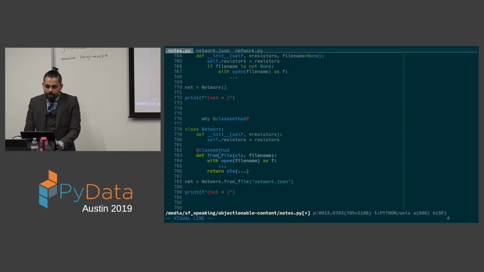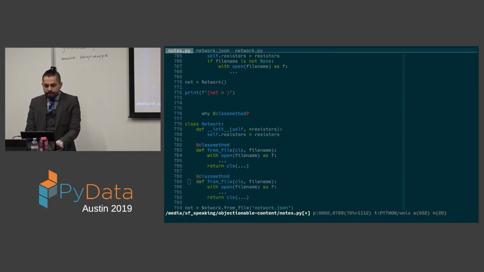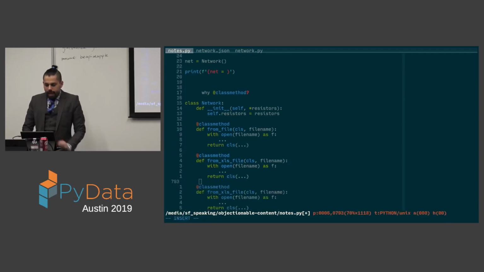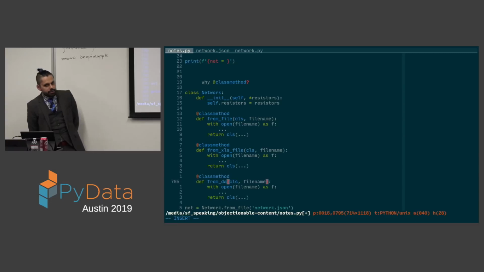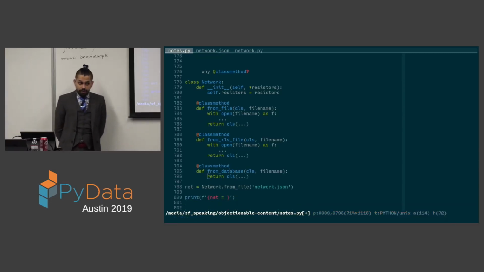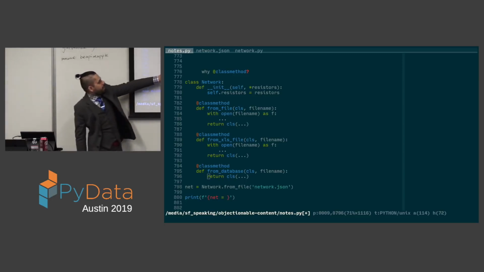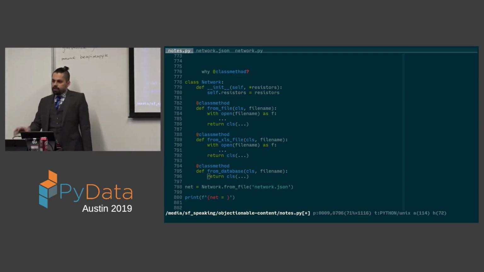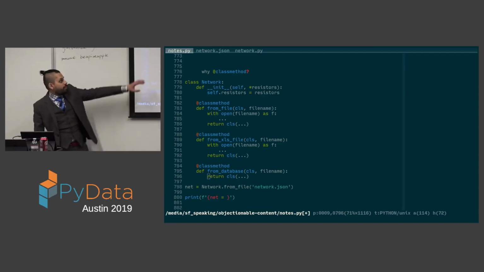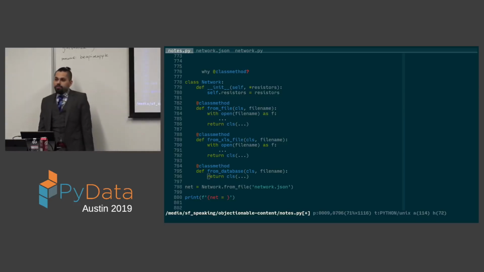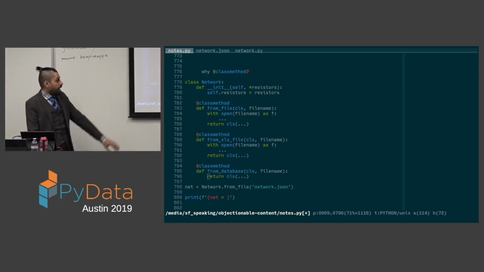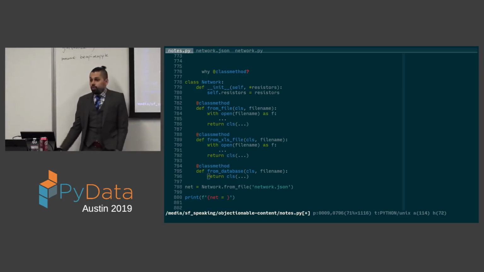If you want to construct it from an Excel file, you could use one called fromExcelFile, and these can be duplicated as you desire. And so a class method is not only this idea that you have some method that gives you a class, and you can from that construct an instance, but also the idea that this is a mechanism by which you can add to a class protocols that are not unique and privileged, but instead might be duplicated in order to satisfy a variety of use cases when there's not one privileged way to, for example, construct an object. And so that's the general guidance for where class methods tend to be used, what you might call factory